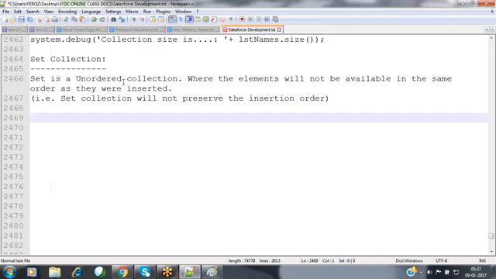Depending upon the number of elements you keep on adding, memory will automatically keep extending by default. Because of what? Dynamic memory allocation. Depending upon the number of elements you are adding, the memory will automatically keep extending by default. In future, if you remove any element from the collection, then the memory will automatically decrease.